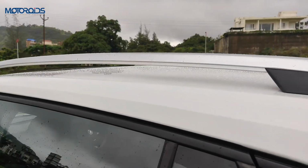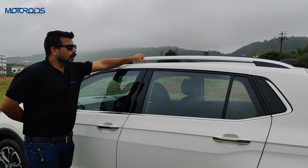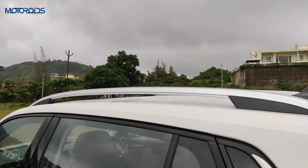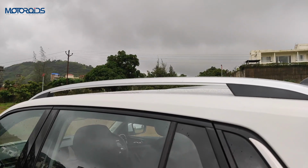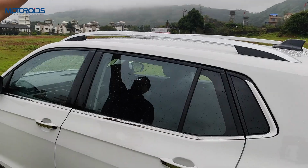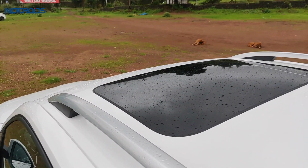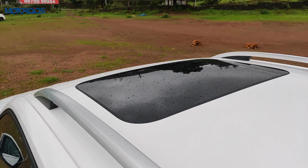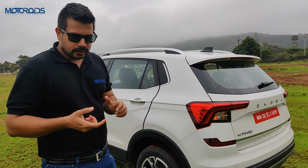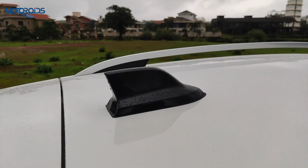You have this Skoda logo in piano black and chrome on the fender, and you have these satin silver roof rails, which are not functional, but they add a sense of outdoorsiness to the exterior of the car and make it look more SUV-ish. On top, as you can see, there is no panoramic sunroof, but there is a sunroof nonetheless. Panoramic sunroof is something which is in demand, and we really wish that the Skoda Kushaq satisfied that demand and provided that feature. There is a contrasting shark fin antenna in black,